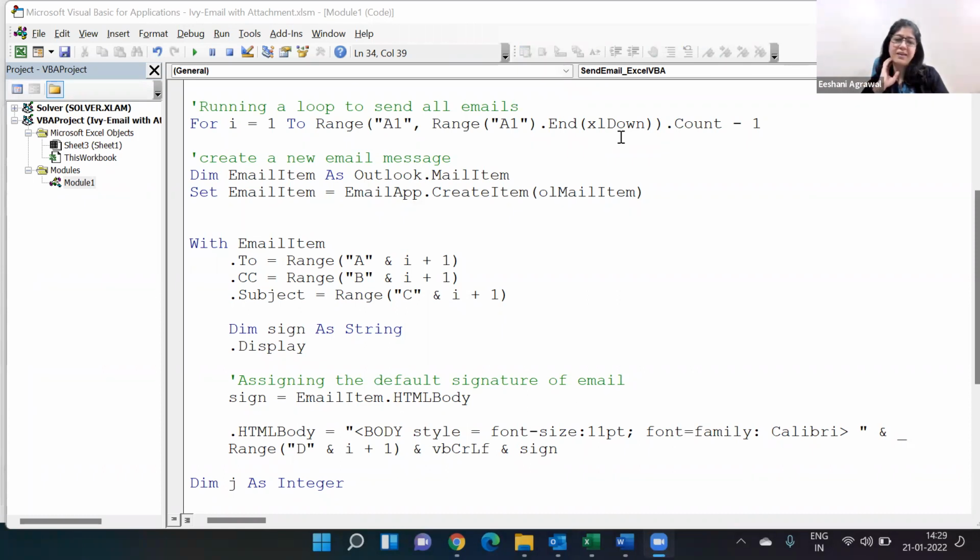Yes. Like I said, it doesn't work. At least for me, it didn't work at all. If there was a default already set, it did not work for me. So I had to write this thing to get the signature. And one more thing, whatever we want to attach to that mail, we need to create a separate